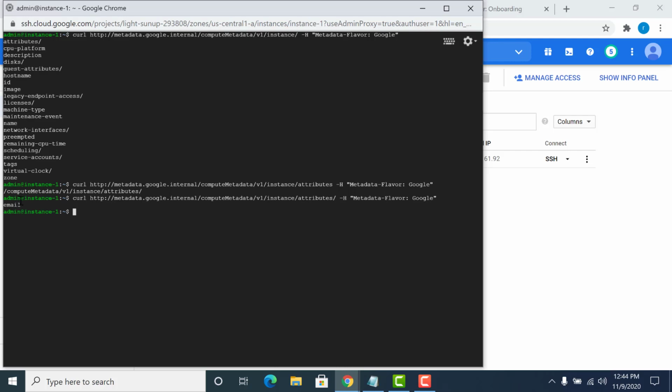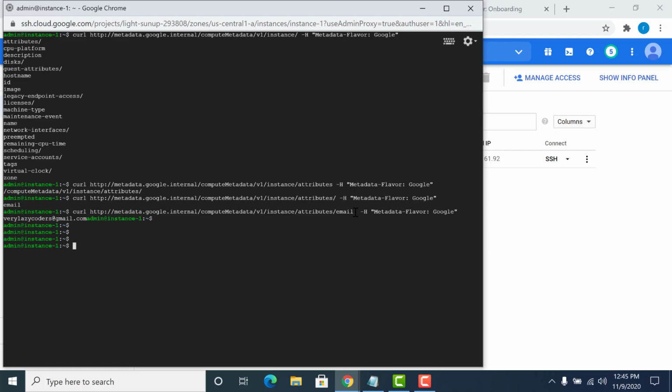The output I get is email. So email is the key that we require. I will run this again with email as the last suffix. Here I get the value for this particular key, email. This is how you will access the metadata from within your instance.